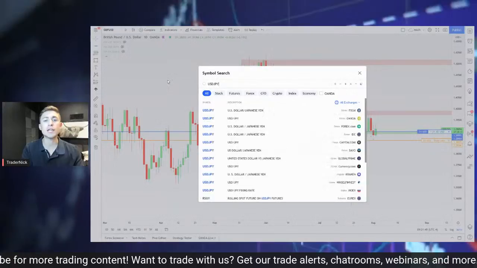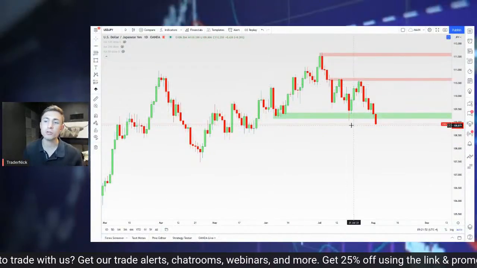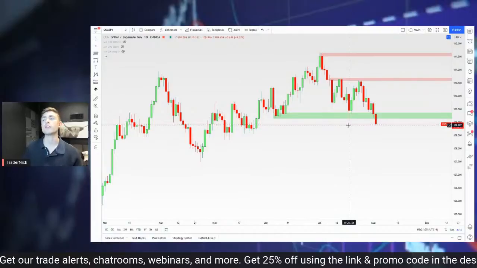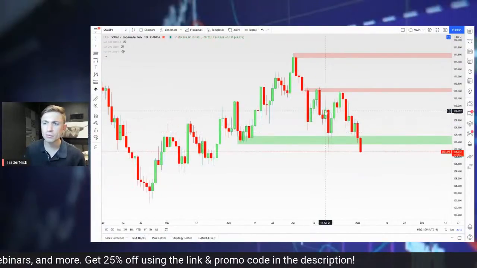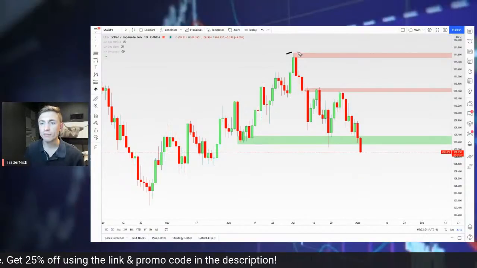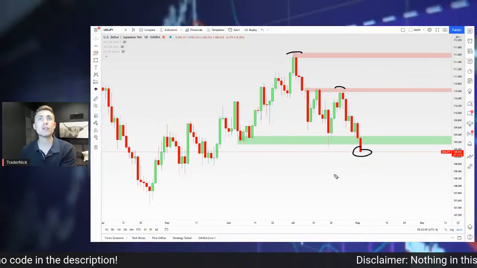Next up is going to be dollar yen. We'll take a look at USD/JPY here. Look at this chart, you guys, breaking through. The dollar is really looking weak against the yen here, as we see this thing coming in with a fresh low today on a Tuesday, breaking through the lows.